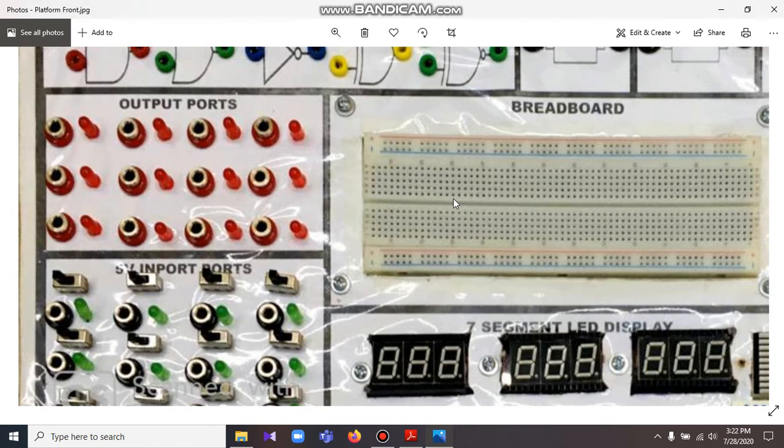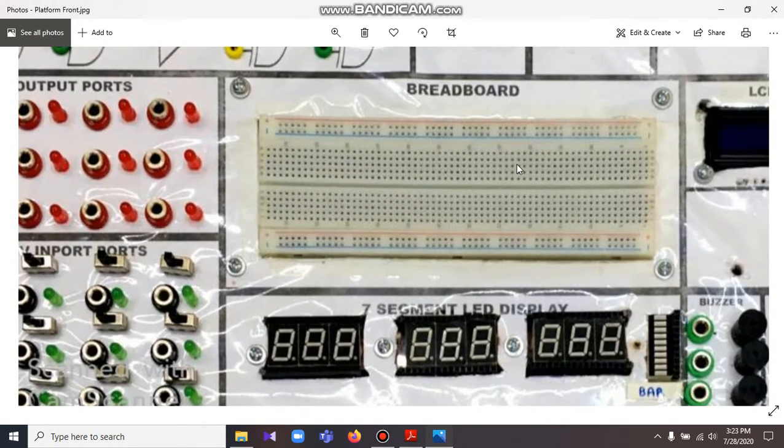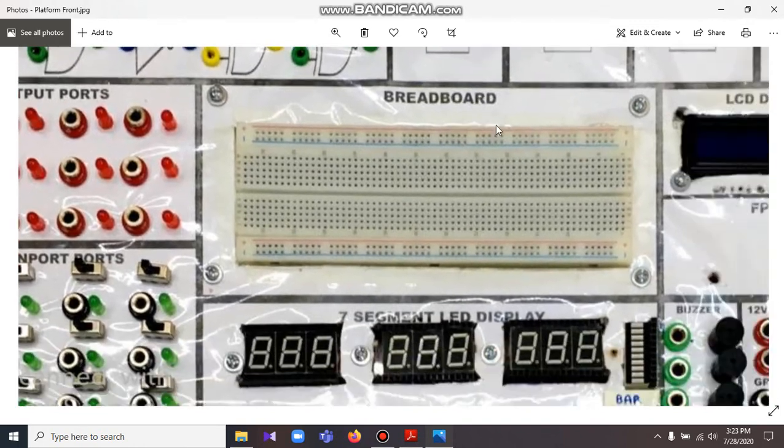And apart from that, to get direct 5 volt supply from these input and output ports, and to test that 5 volt supply from these output ports, and also to check the output of the devices whether they are working or not. Similarly, we included a breadboard in the middle, so it will have access to all the other elements around it.